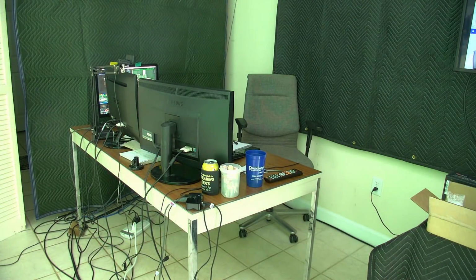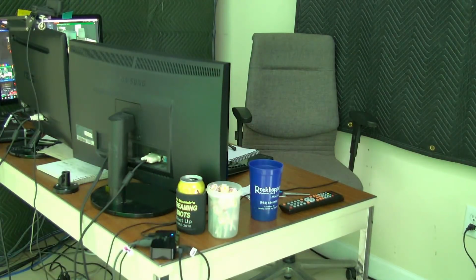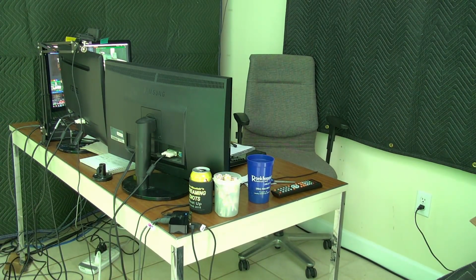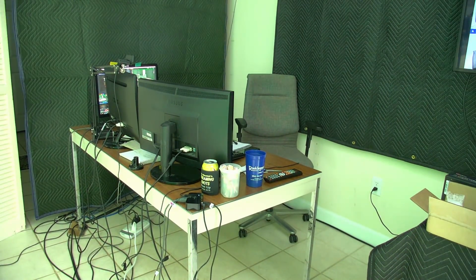and we'll flip over and show you that's the control desk. Now the control desk used to sit right where I'm sitting right now, so it's been pushed all the way over to the other side of the room. You can see right there at the edge of the desk, we've got my Dum-Dums, my lemonade in the Streaming Idiots can, and then just some ice water in the blue right there. And you see 3 monitors,